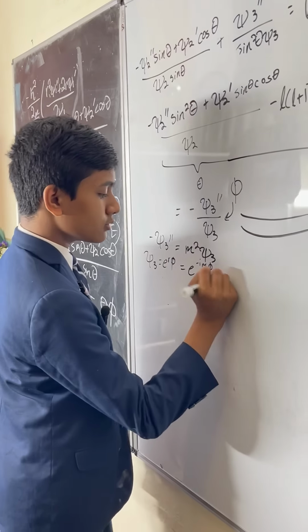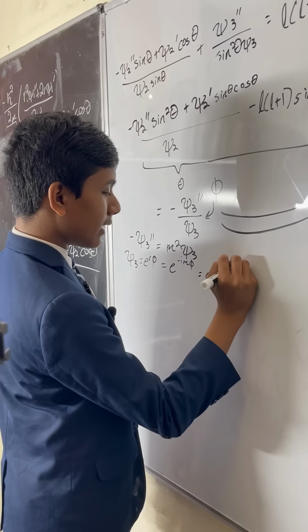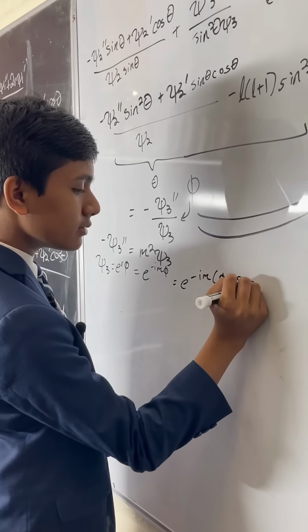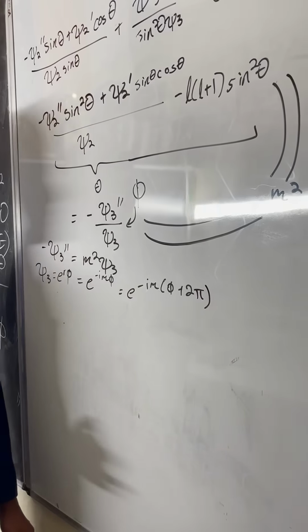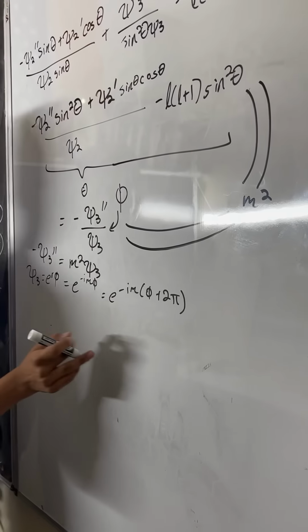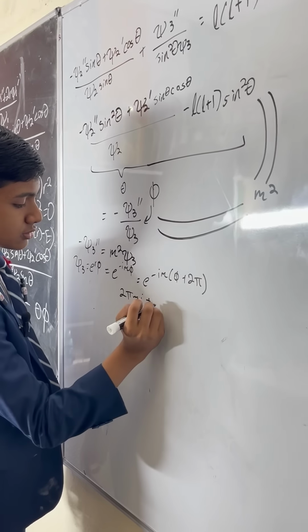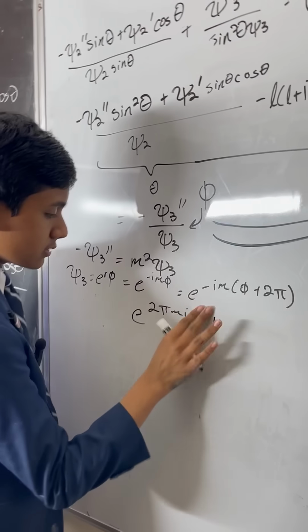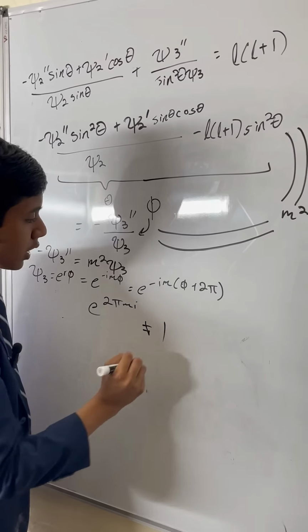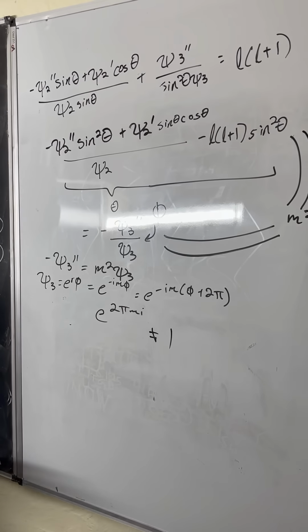This should be equal to e to the minus i m psi plus 2 pi. m must be an integer, because otherwise e to the 2 pi i m isn't equal to 1. Alright, so